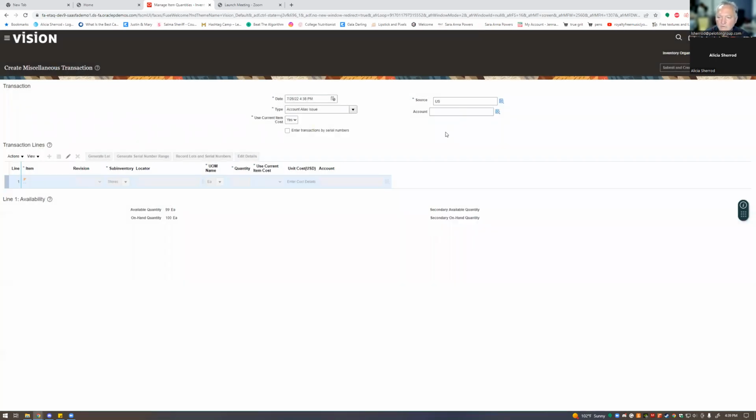All right, so you don't have to put an account because we're going to use whatever account's associated with that alias at the top there. All right, this thing's not lot controlled. It's not serial number controlled. All we have to do is come down to the line and give it the quantity that we want to issue. So if you click on the line,